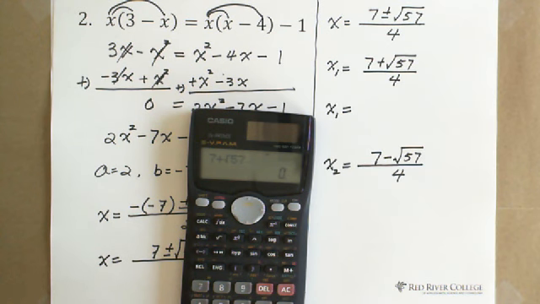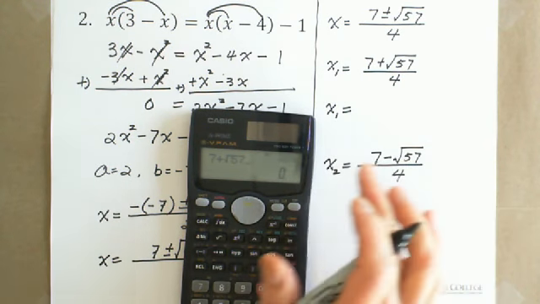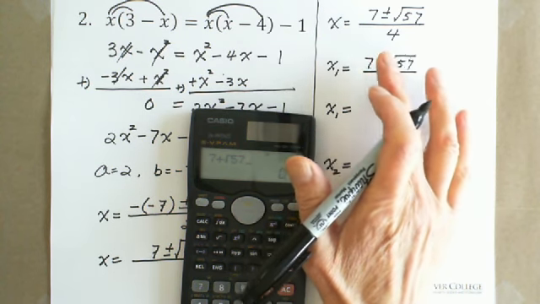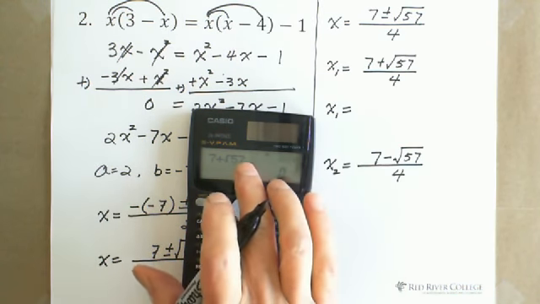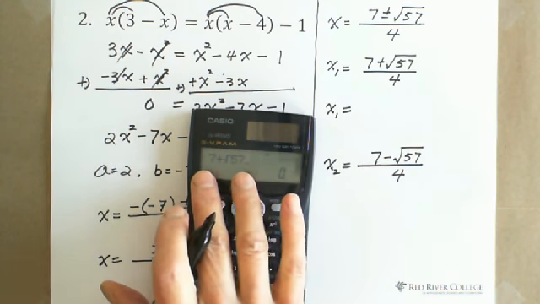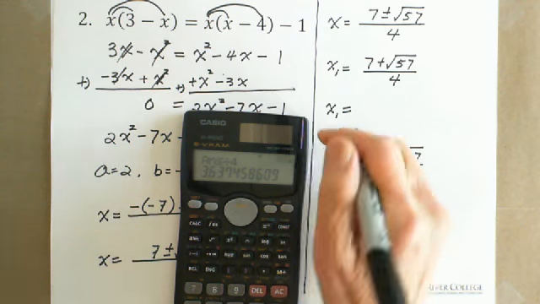You cannot just do 7 plus square root of 57 divided by 4, because if you do it this way, you need to put the bracket on the top. Otherwise, you divide only the square root of 57 by 4. That's why after you get 7 plus square root of 57, you hit the equal sign, then divide by 4. You got